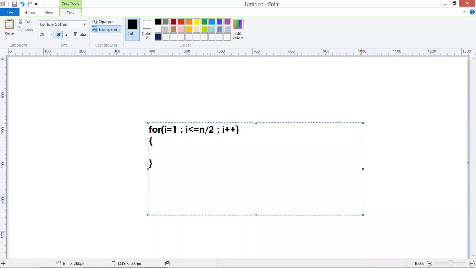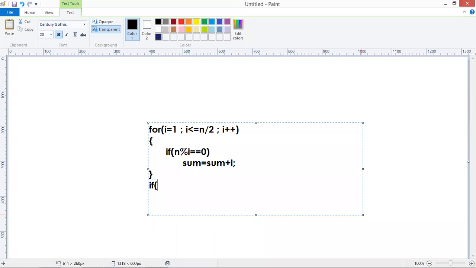Inside, we are writing the logic: if n is divisible by I equals to 0, we are adding sum equals to sum plus I. Just now we have seen.